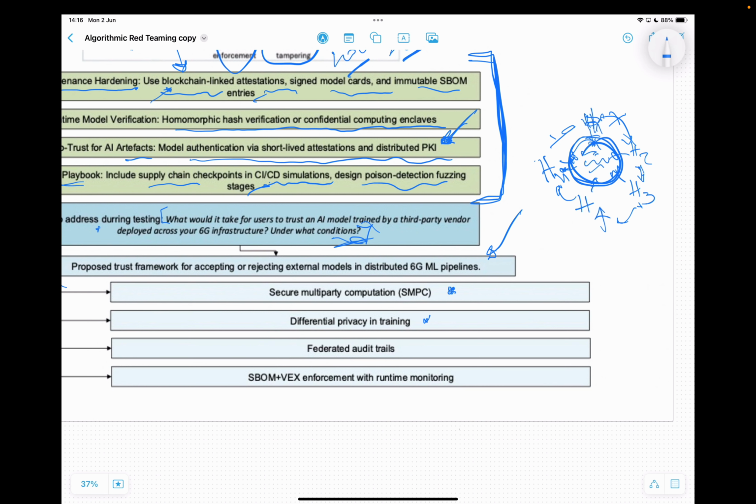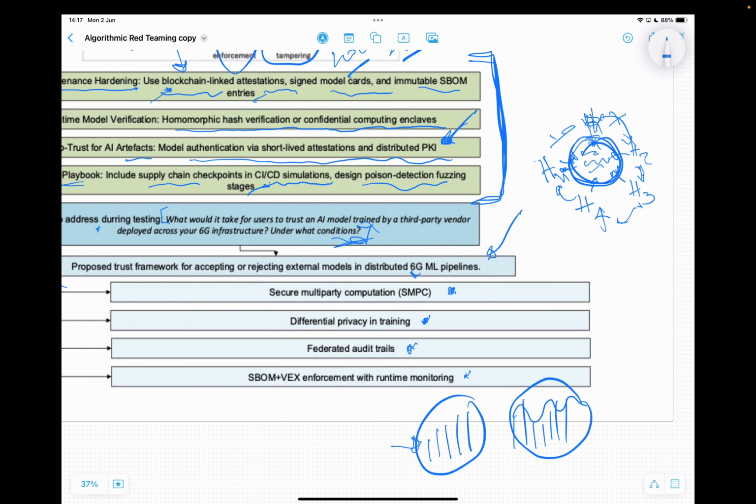Again, differential privacy, which we'll cover more, is, let's say you have data points here, and then you want to change that into something that you add noise to. And the more noise you add, the less useful they are, but that's your data privacy budget. Maybe those would change slightly but the actual pattern would remain. So that's differential privacy. You can say you need to have this differential privacy. Another thing you can say, you need to have federated audit trails, and you need to have SBOM VEX informants